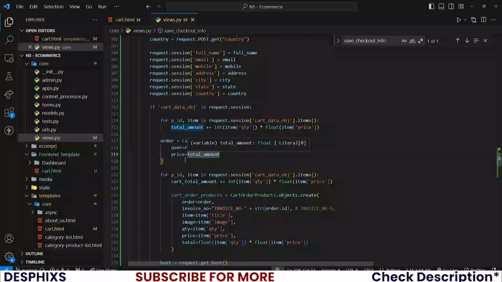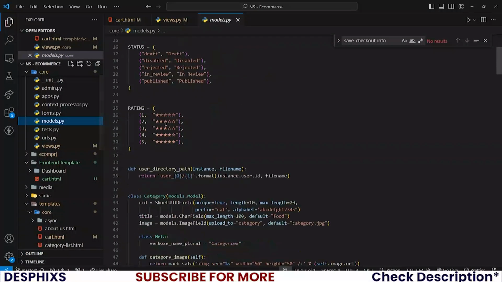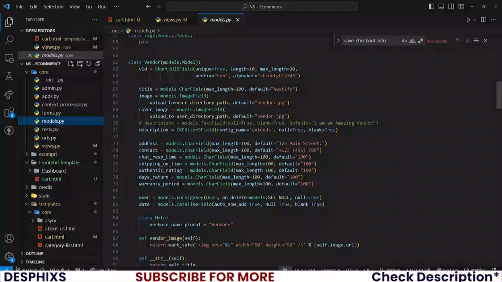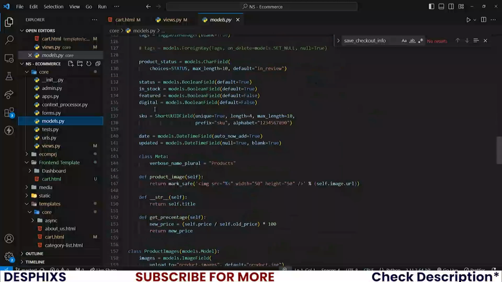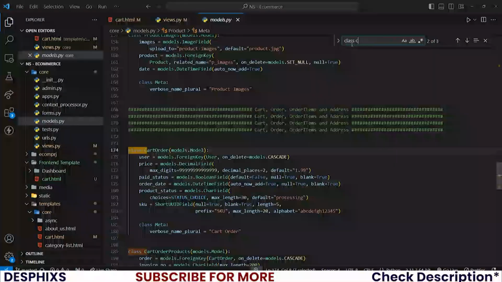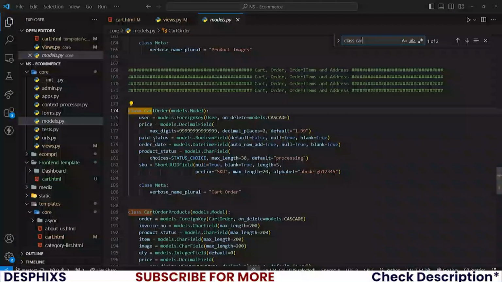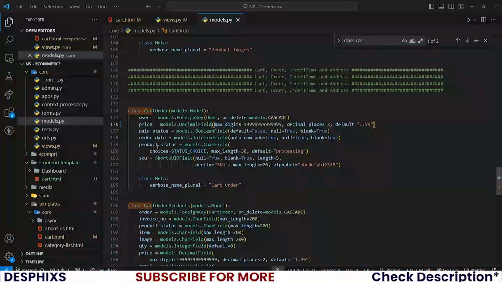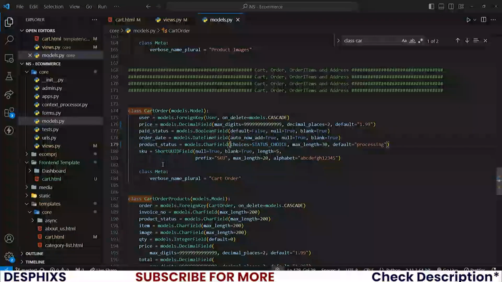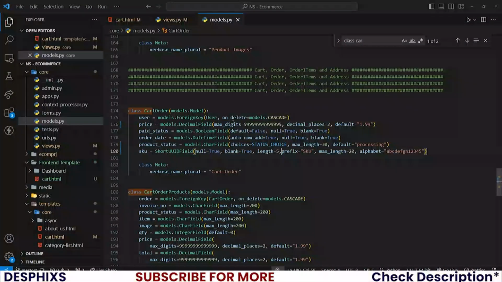So I will highly recommend that you open up your models.py and then look for the cart. You can actually search for that. Let's search for class cart order. There you go. Now this is what we have. Let me collapse this again and also collapse this. There you go. So you can see that over here I have this weird looking number that says 99999, which